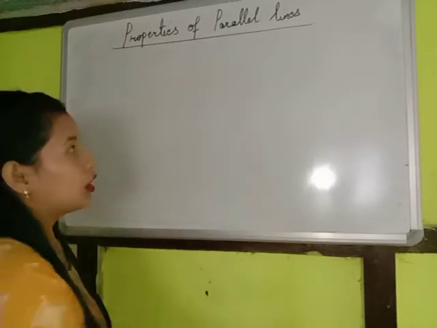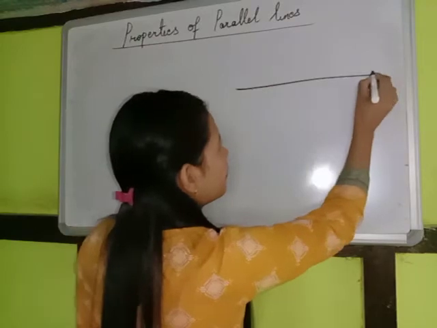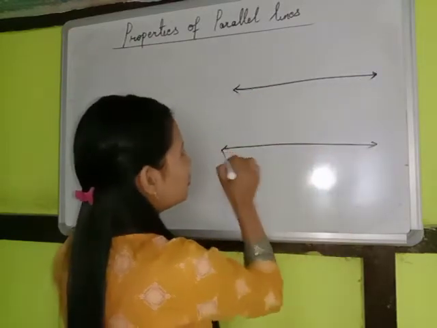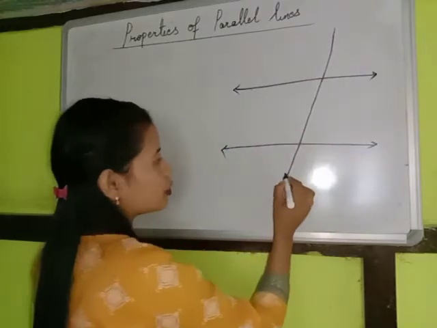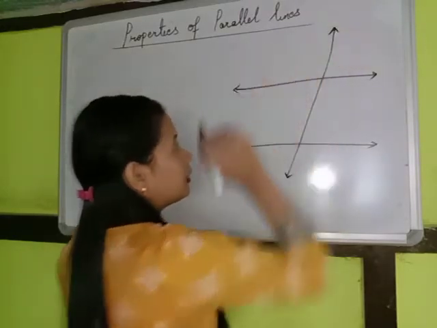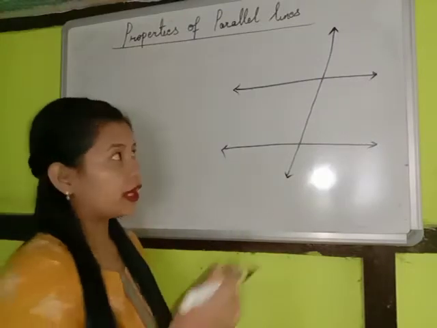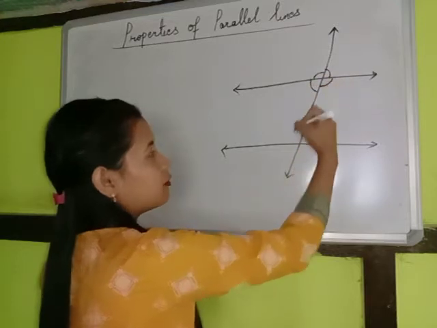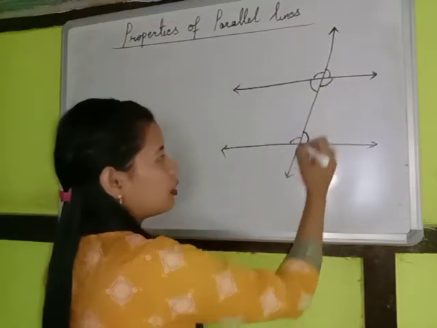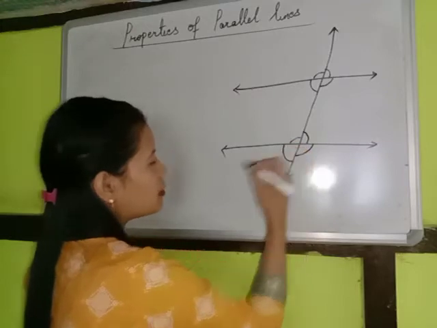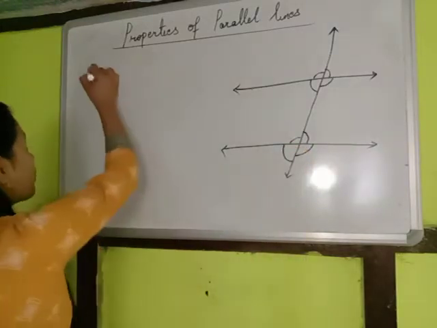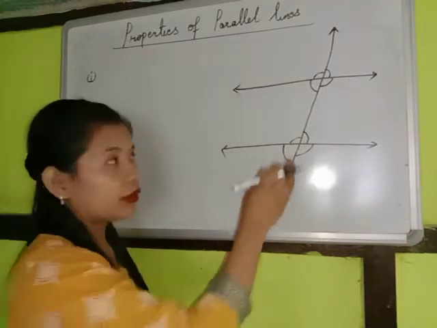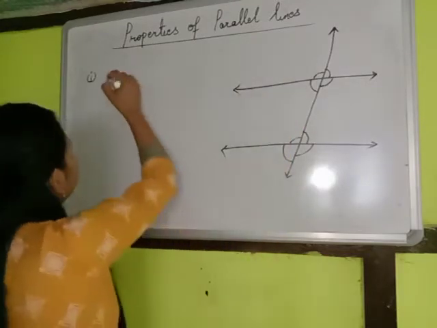If we have two parallel lines and a transversal, that is a line which crosses over these two lines, then certain angles are formed, right? In fact, there are 8 angles formed. We'll be discussing a few properties based on this. The first property is that when we have two straight parallel lines and there is a transversal, then